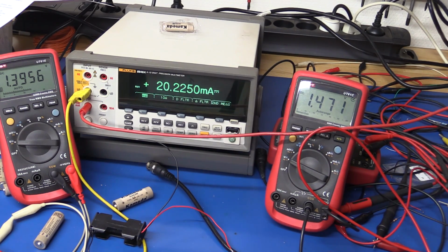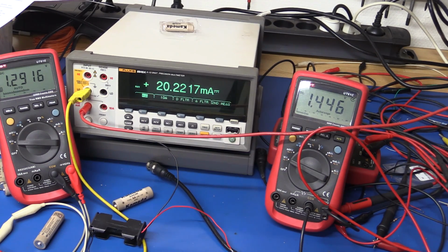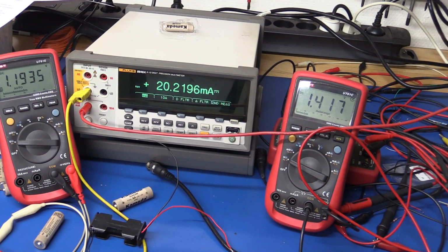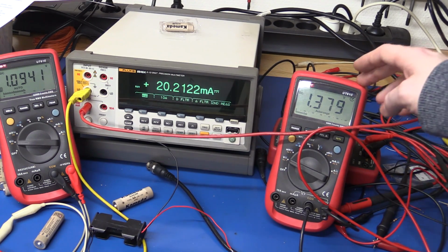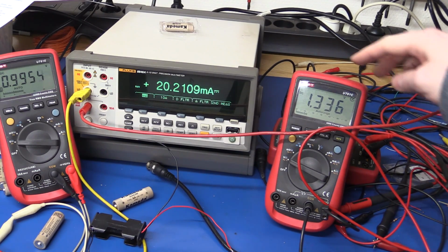We can accept that. 1.3. Yeah, it's dropping, but it's okay. 1.2. Yeah, it's lower than I would expect it to be, but so 1.1, and it's dropping even further. At 1 volt we're at